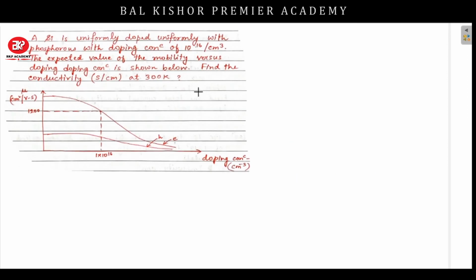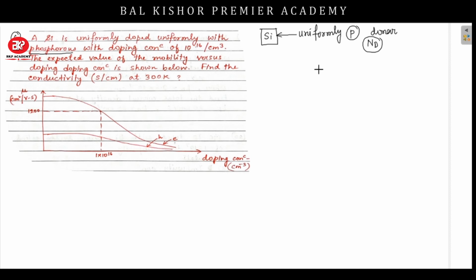So in the next numerical, you can see this is the sixth numerical. It is written that the silicon is doped uniformly with phosphorus. तो मेरे पास एक सिलिकॉन सैंपल है. This is the silicon sample, and this silicon sample is doped uniformly using the phosphorus atoms. If it is doped with phosphorus, that means we have doped the donor impurity. So donor impurity concentration will be Nd.